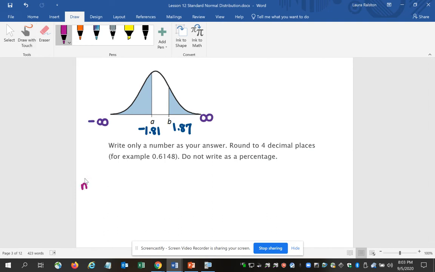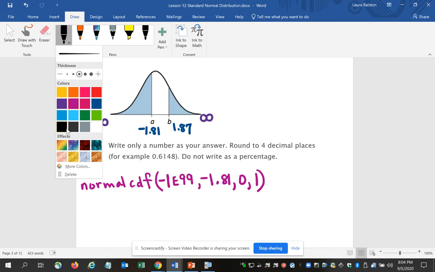I would type normalCDF. Starting at the left, we would go from negative infinity to negative 1.81, mean of 0, standard deviation of 1. That gets me the left side,